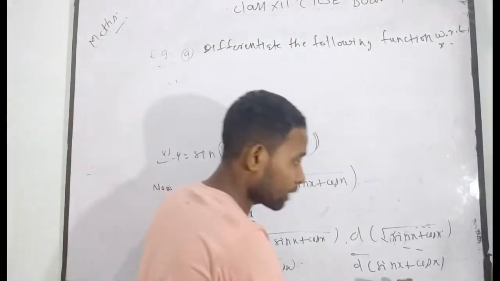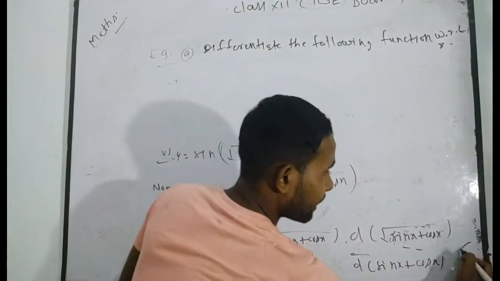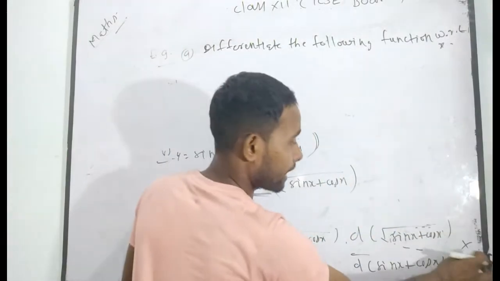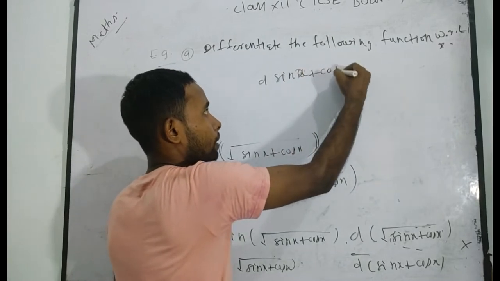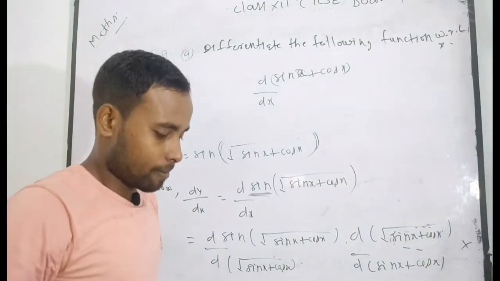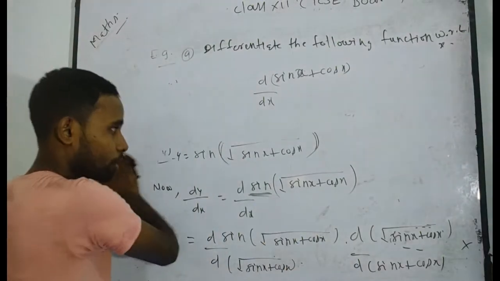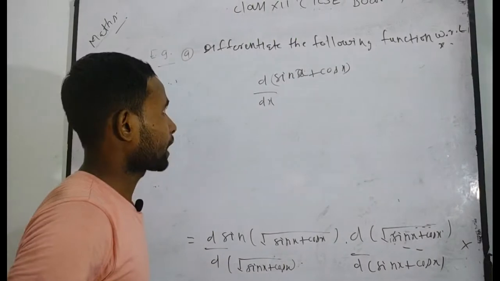Now I want to take this in the numerator, because this term has been taken as a multiplication. There is no space, so I have taken this term as a multiplication. Again, the derivative of sin x plus cos x with respect to which function? Can we differentiate this function with respect to x? Yes, because sin x and cos x are in the simplest form. Now I want to rub this part. Also try to write with me.